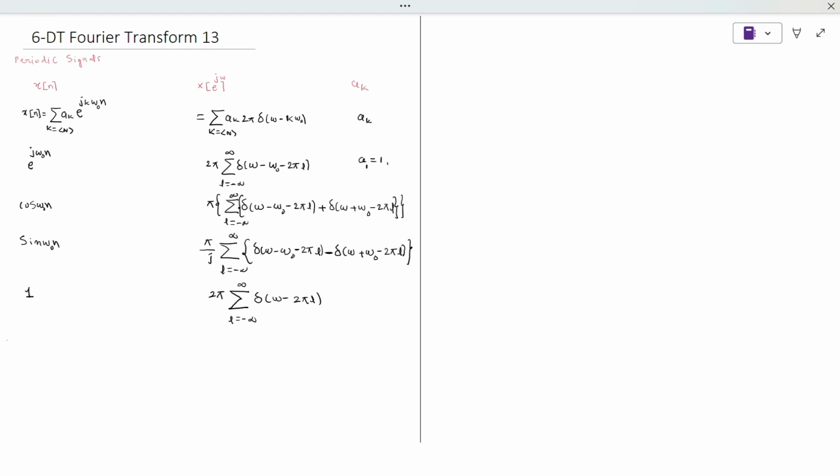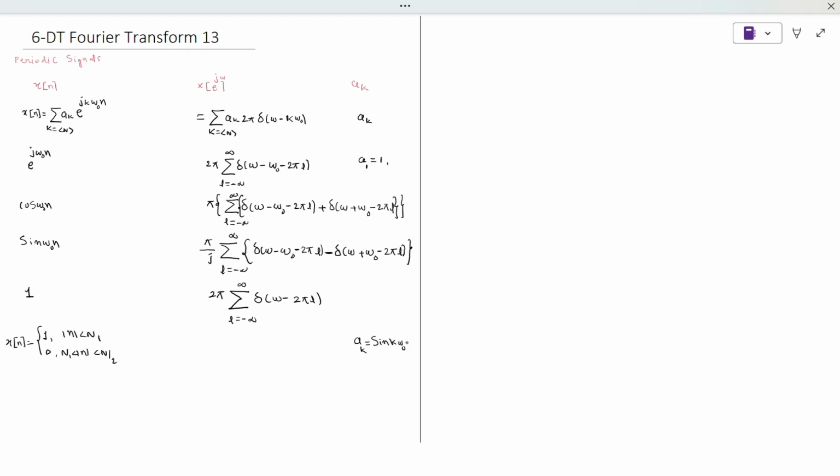Next periodic signal, that is x of n. It is a fundamental signal, rectangular pulse train: 1 for the mod of n less than N1, and 0 for N1 to the mod of n up to half of the time period. For this, we know that the Fourier series coefficient ak is